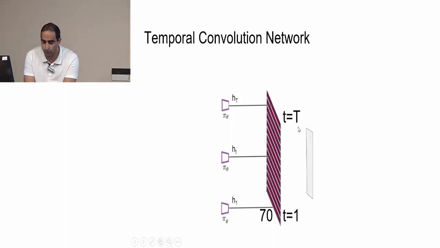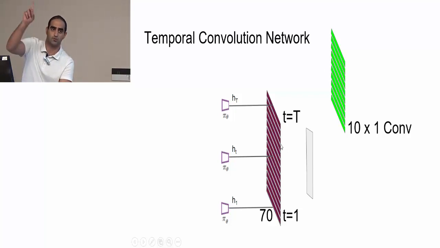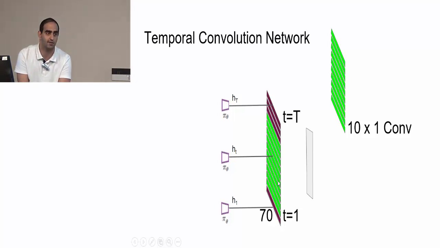Now we want to apply convolution through time. In order to get from here to the next layer, we have to apply convolution through time. How does that work? We have a 10 by 1 convolution, and because our time is just one dimensional, we just put this mask on 10 time steps and multiply them all element-wise and sum them together, and it gives us the corresponding element in the next layer. Then we shift this mask one level up, and we again multiply them all together and sum them, and this gives us the next element. If we do that for all the elements here and use the same padding, we have one column for one mask.